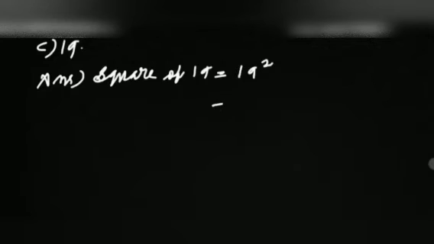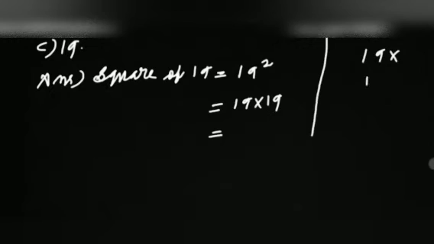Square of 19 is equal to what? 19 squared. What does it mean? 19 squared means 19 raised to 2. What do we have to do here? Yes, we have to multiply this 19 two times. 19 into 19 is equal to